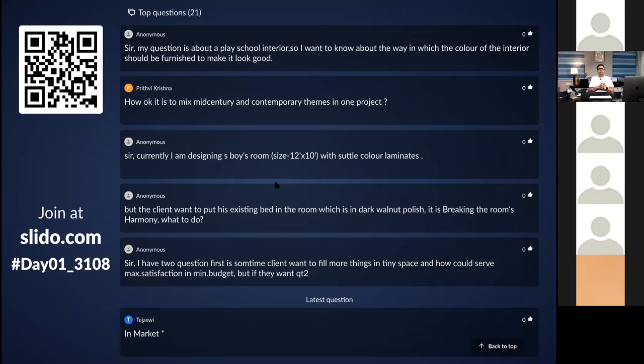Balance is more important. First, you need to use balance, either symmetric, asymmetric or radial. That is the first thing, and then you can understand, based on the customer psychology, whether you want to use the principle of harmony, emphasis, or something else. So balance and scale, these two principles we should not leave.